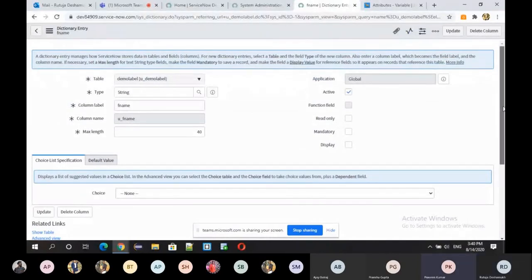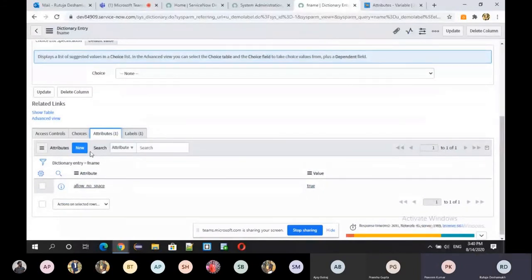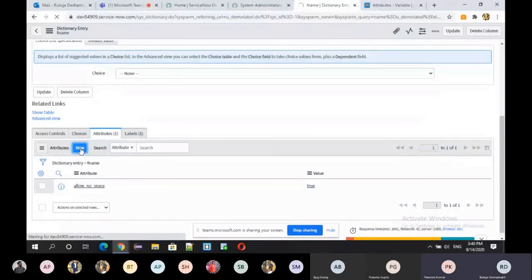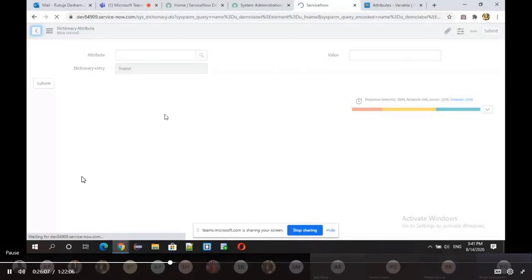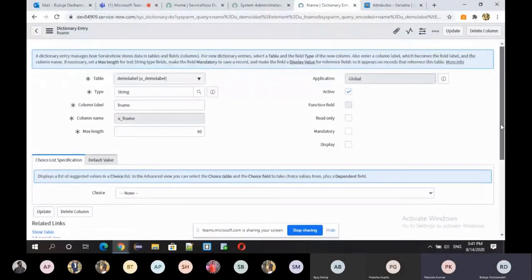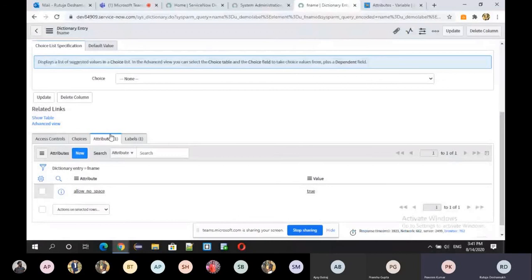How did you edit it? By clicking on this new button. Okay, so this was the attribute allow no space. I gave the dictionary entry as name, and here I gave a value as true or false, and then I submitted it. After that I am able to find that attribute here in this attribute column, but I don't know whether I did it correctly or not, and I don't know how it works.